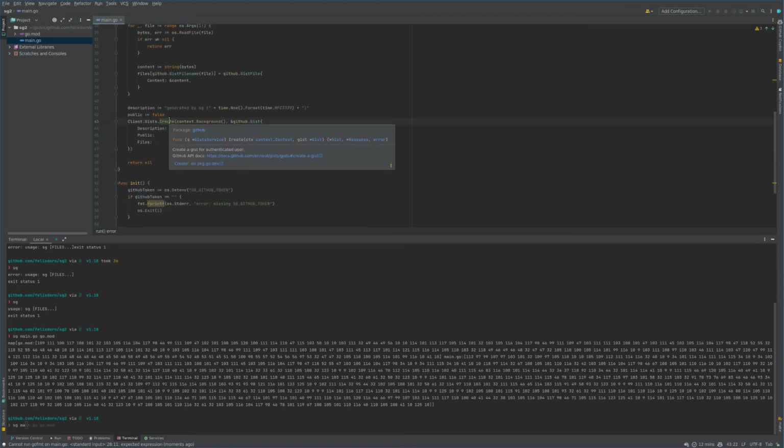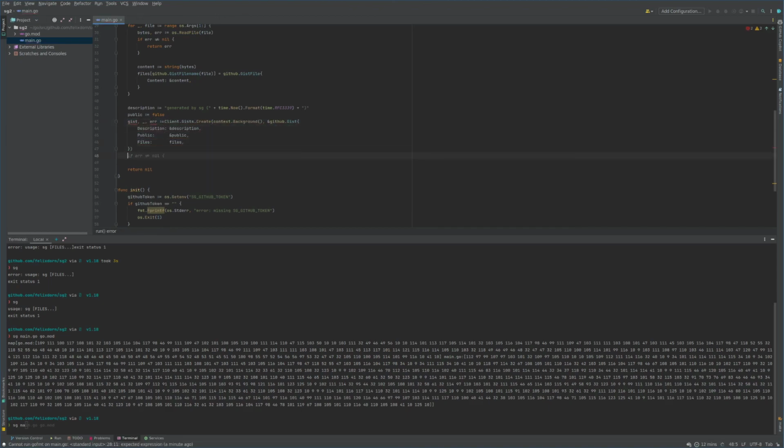Now, what do we have here? We got the gist. We don't care about the response. We got the error. If we have an error, we'll return it. Thank you, Copilot. And yeah, we'll just print the URL. All right, great. So we can also like just do